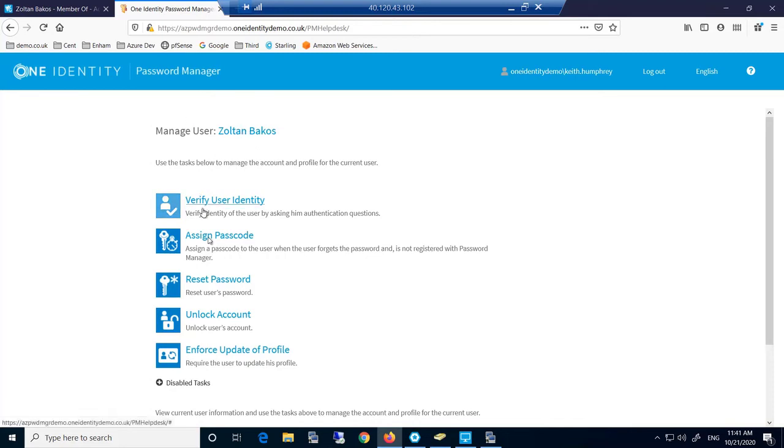So we can verify Zoltan's identity by asking him some authentication questions. We can assign a passcode to allow Zoltan to reset his password if he's not registered with Password Manager, unlock the account, and it also tells us any disabled accounts and tasks that have been carried out here as well.